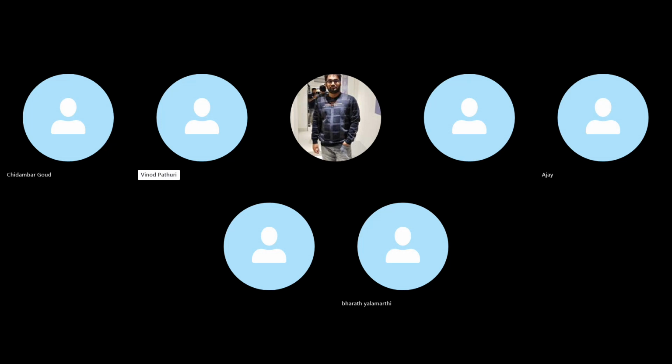So I just pasted a link for the OSI model explanation. Please go through that and explain it to me. Each and everyone needs to explain the 7 layers. What is the functionality of each and every layer? After that, we'll go to the next topic, the TCP/IP model. From now onwards, I can start it, no problem. But the first thing is you need to understand it, right?